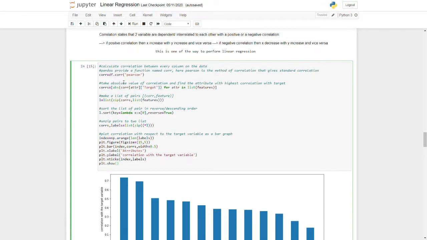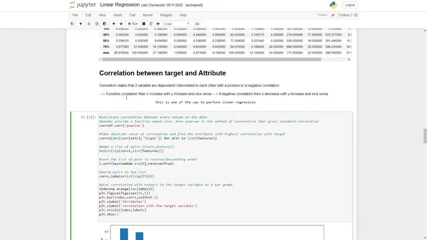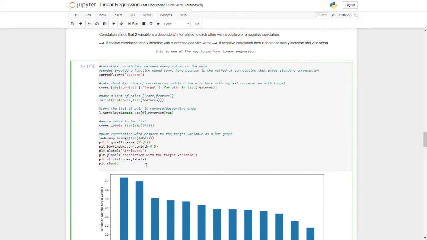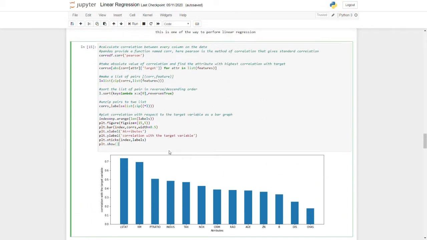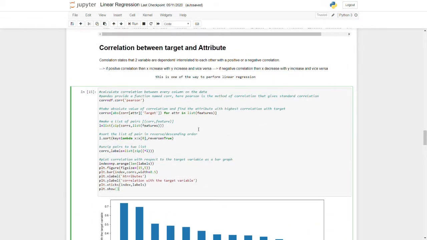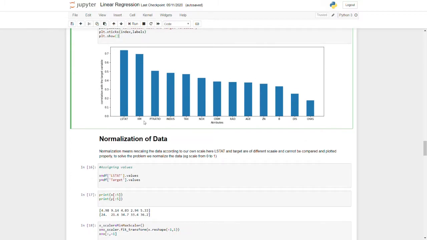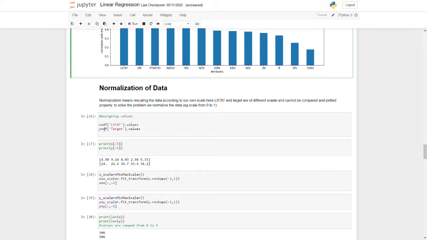And here we use the correlations and plot a graph, and by that we get to know that LSTAT and RM have the highest correlation with the target. So we use LSTAT, and then we have X and Y, which have the LSTAT values and target values.